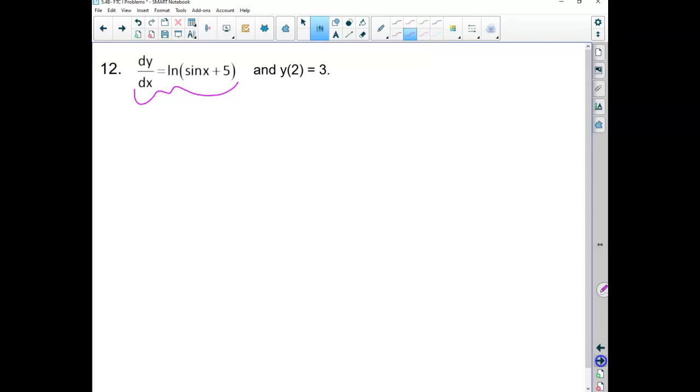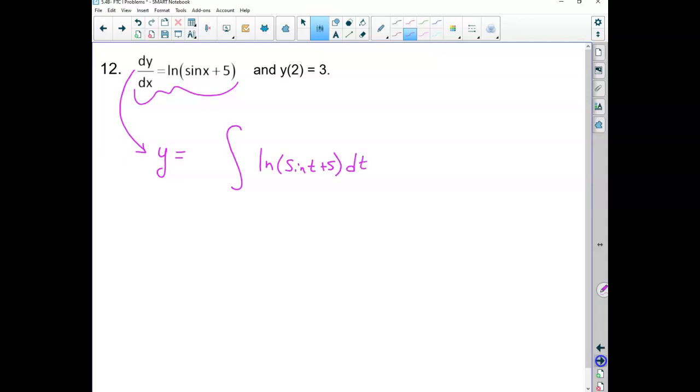When did we ever take a derivative that we had an ln come out? It's non-integrable. I can't find this antiderivative, but I can define it. If I anti-differentiate dy dx, I get y, and I can define this as an integral of ln sine t plus 5